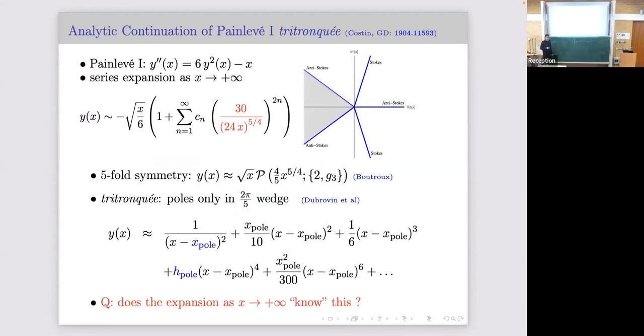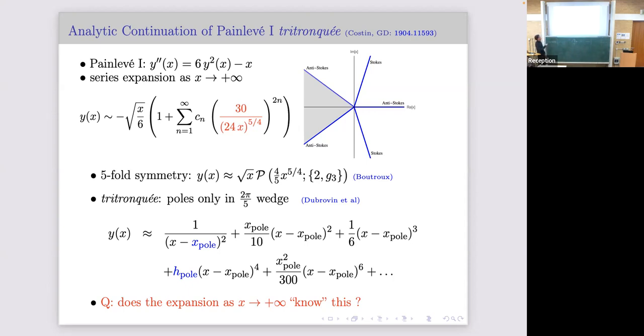So let's look at some examples now. The first one is to look at Painlevé I, and it's not because we need the other one. It's because this is a function that has interesting structure in this plane, and it's very well known. There are really solid analytic results that you must be able to reproduce. And so that's why we decided to study this one. And it is, of course, of great interest in physics.